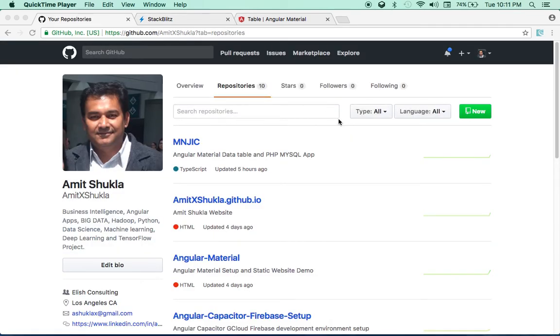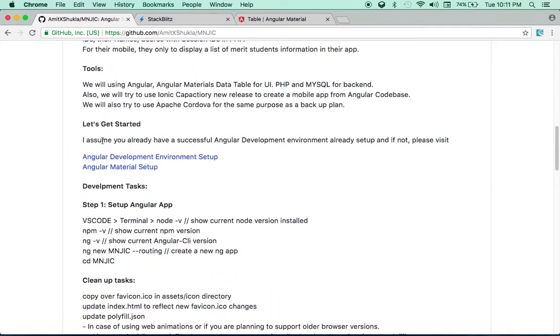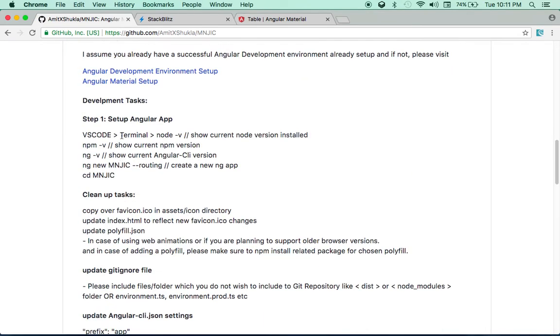So the first thing I'm going to do is head over to my GitHub repository, and as you can see, I've created a new repository. It's called MNGIC. All the installation instructions and the commands I'll be using, I've included everything in this README file. So let's start with the development. First thing, I want you to go to your VS Code,